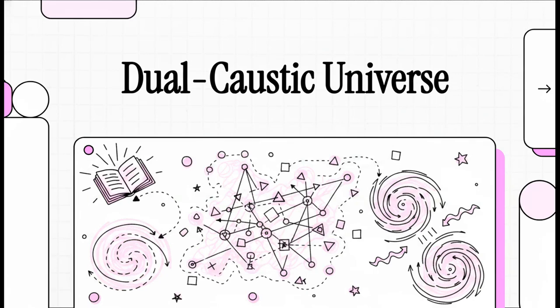Today, we're jumping right into some incredibly profound source material, breaking down a framework that is honestly just staggering in its complexity. Have you ever looked around and wondered if the universe literally has a hidden underlying code? Well, we are impartially mapping out what's known as the dual caustic universe, or the DCU. We're taking dense scriptural coordinates and translating them into a clear, visual blueprint of reality itself.